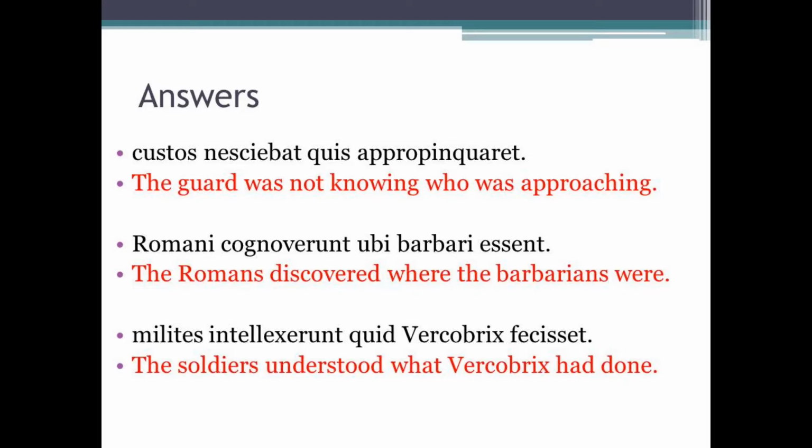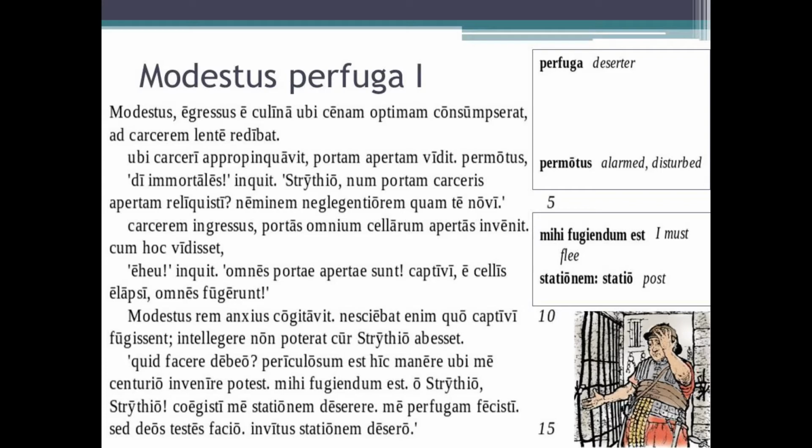So if you managed to achieve 3 out of 3, that is truly excellent. Well done. If you managed to achieve 1 or 2 right, you're heading in the right direction. If you didn't manage to get any of them right, hopefully I didn't indirectly mislead you. Sorry about those puns. Okay, so we'll now go through a passage from the CLC.